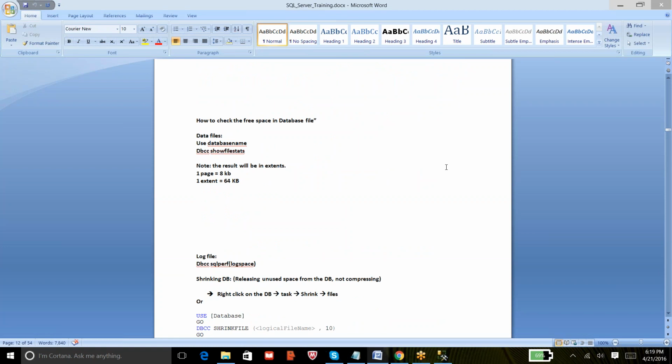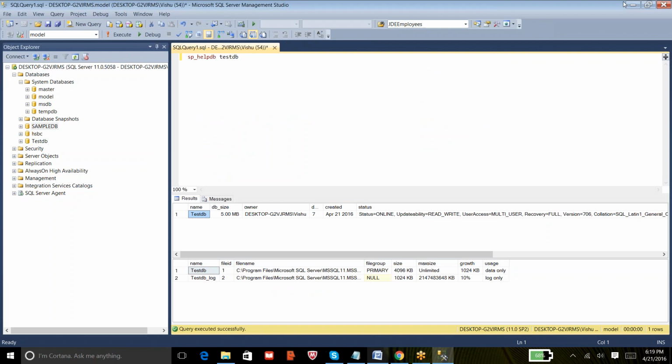Question from Venkat: can I install SQL Server on another machine remotely? Yes, you can do it if both the machines are in the same domain and connected by LAN. That's what we usually do in real time in organizations: we work remotely. We can sit on one server and browse the data from a different server.